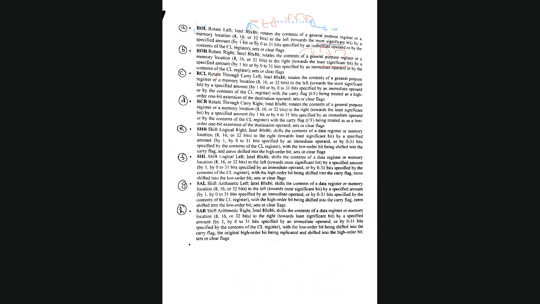Here you see in the SAL, what happens? The high order bits will be shifted into the carry flag. What do you mean by high order bits, low order bits? Suppose you have some binary number like 00111. These are the high order bits, and this is the low order bits. If the high order bit goes to the carry flag, the carry flag will hold its value. If the low order bit goes to the carry flag, then this low order bit will go into the carry flag. That is the meaning.